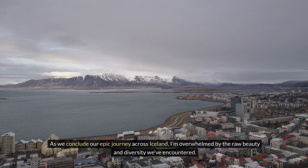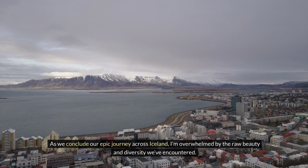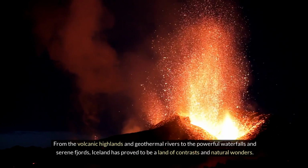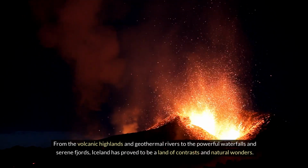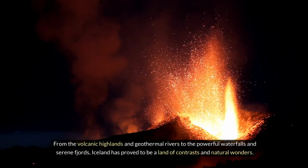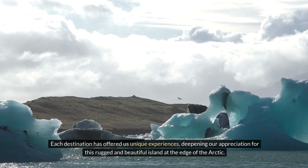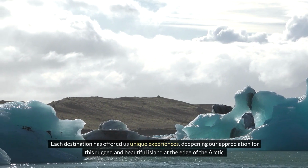As we conclude our epic journey across Iceland, I'm overwhelmed by the raw beauty and diversity we've encountered. From the volcanic highlands and geothermal rivers to the powerful waterfalls and serene fjords, Iceland has proved to be a land of contrasts and natural wonders. Each destination has offered us unique experiences, deepening our appreciation for this rugged and beautiful island at the edge of